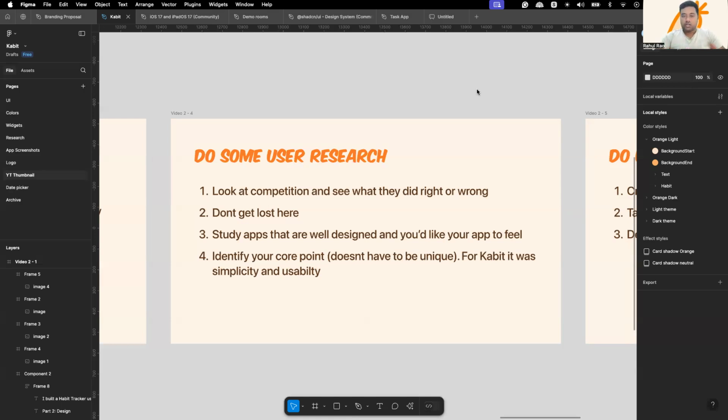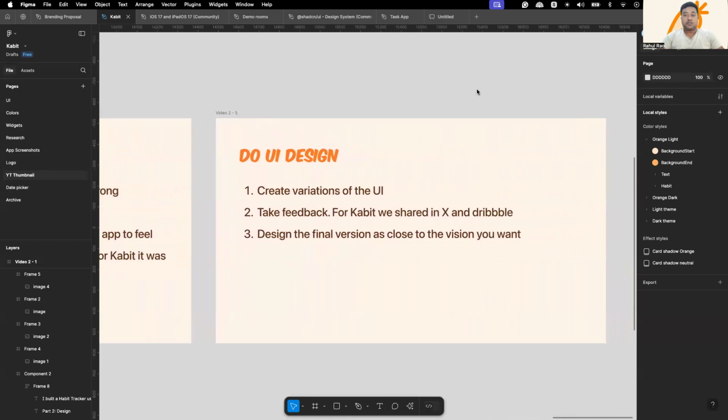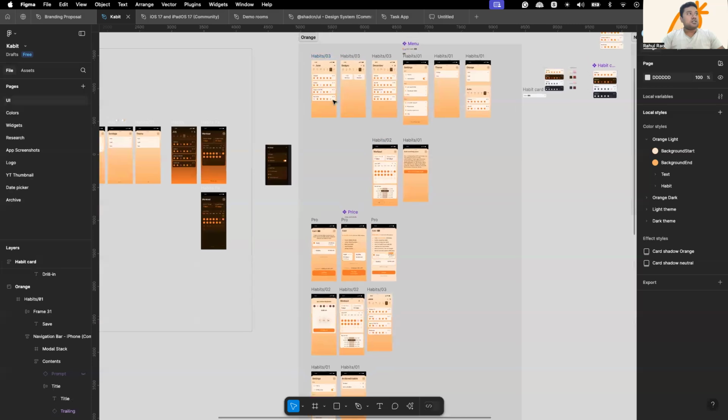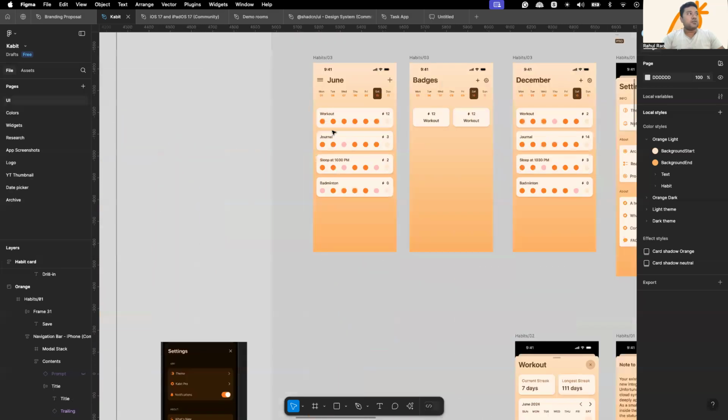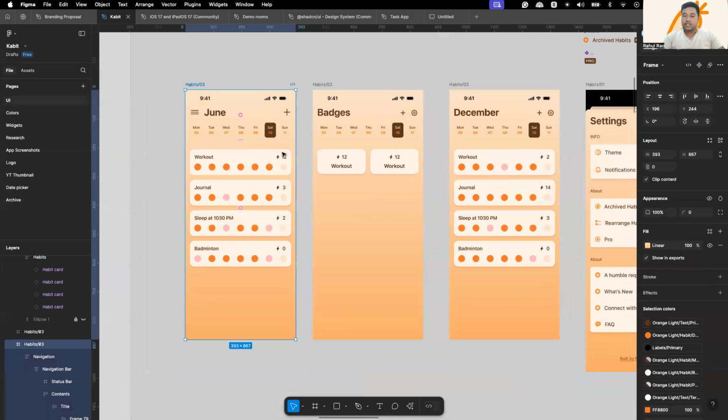So once you have all these thoughts in mind, you can get into the UI design of it. Since I have a product design background, it is a little bit easier for me to do it. I can also share what I've done. So this is the app design. I use Figma to do it, and whatever experimentation, whatever